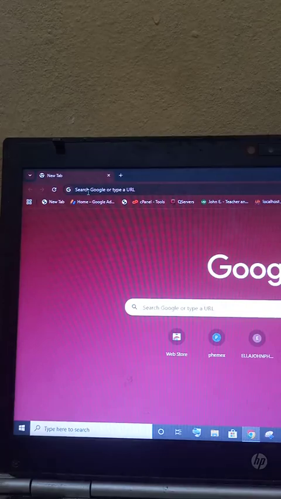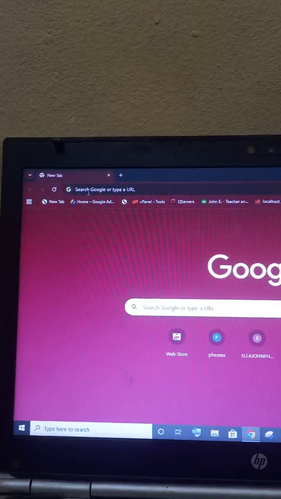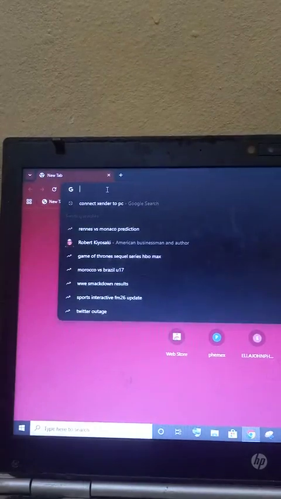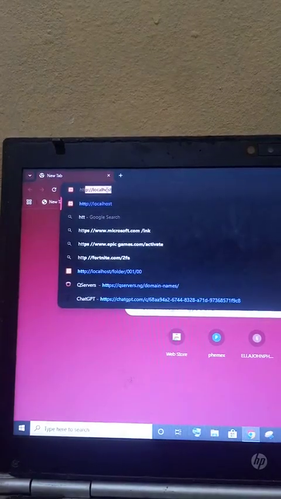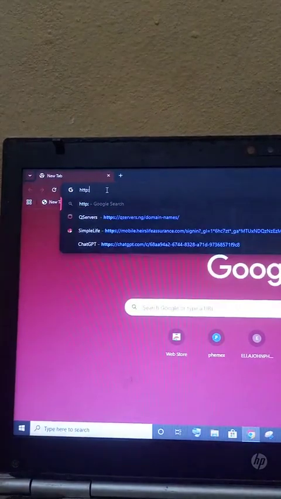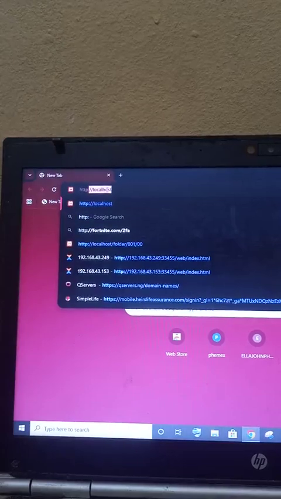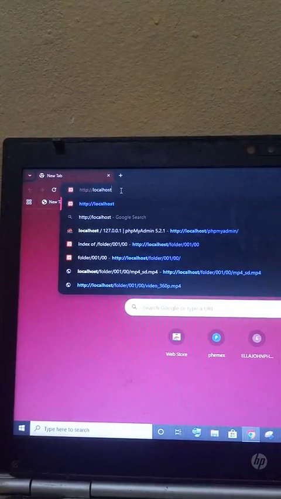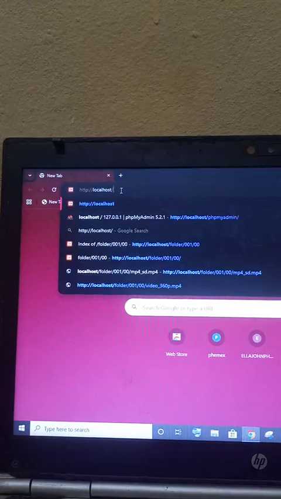That XAMPP software provides localhost for you so that you can code on your system locally and test your code. When you upload online, you still have the online listing there. On your address bar, you are going to type something like this. Type HTTP, that is Hypertext Transfer Protocol, then colon, then double slash, localhost is there already. This one will open your localhost website. But since I want to open the database, I'm going to put a slash,